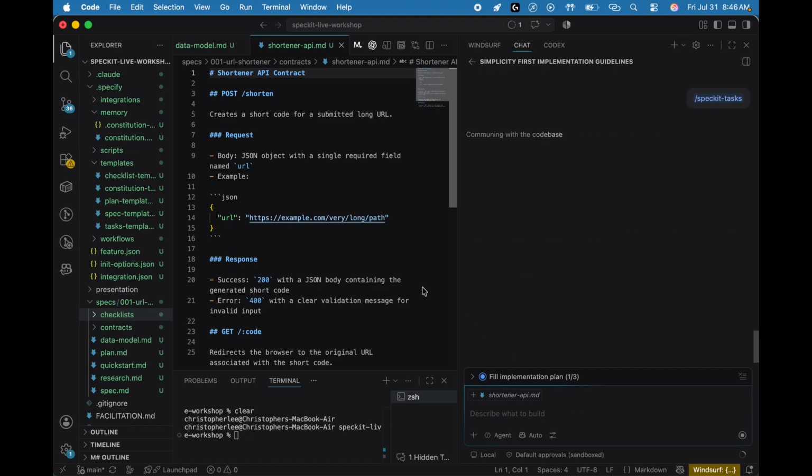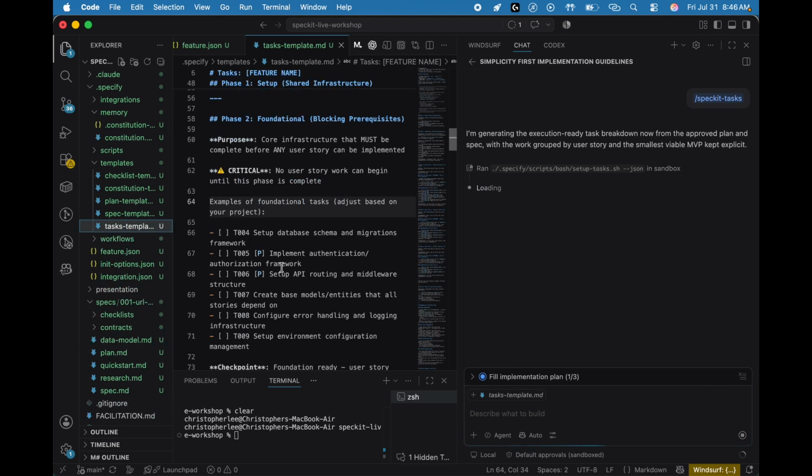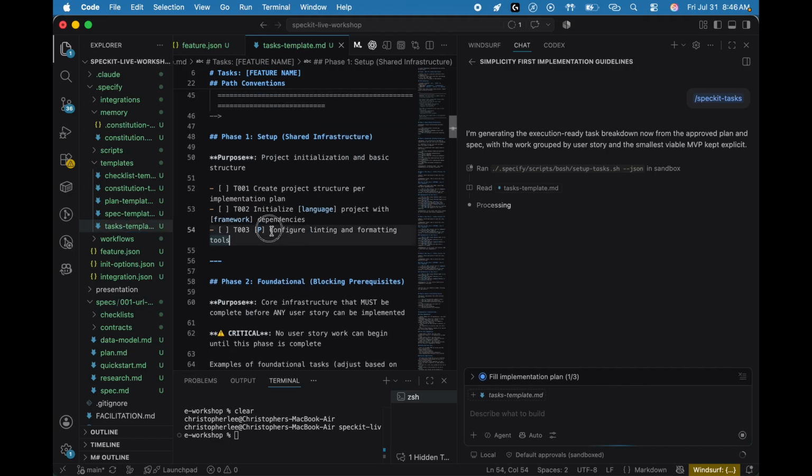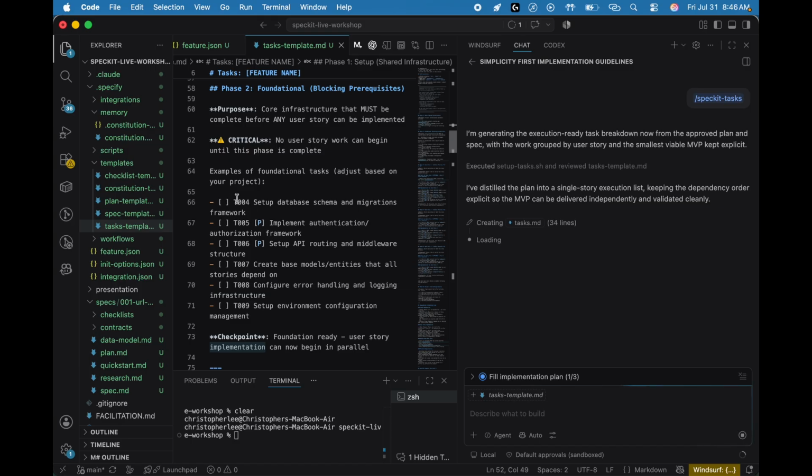But SpecKit task will generate a new markdown as well. This markdown is going to follow this template. And the markdown that is generated is just a checklist. It's going to go top down and explain how it's going to work on that implementation. That means what's the plan, how we're going to set it up, what do we need to do, what kind of routing we need to generate,